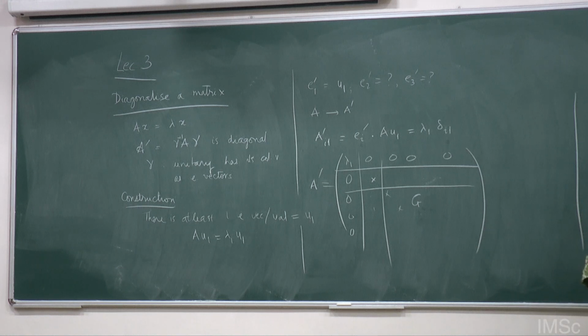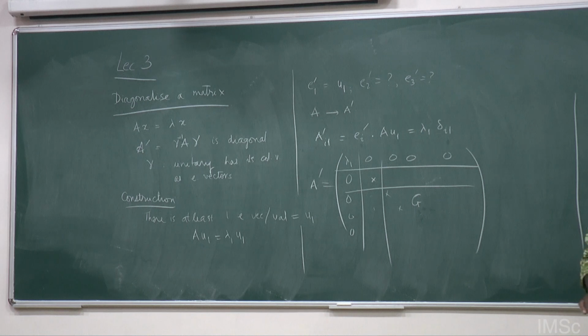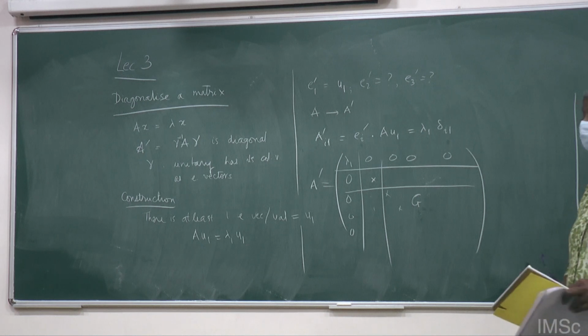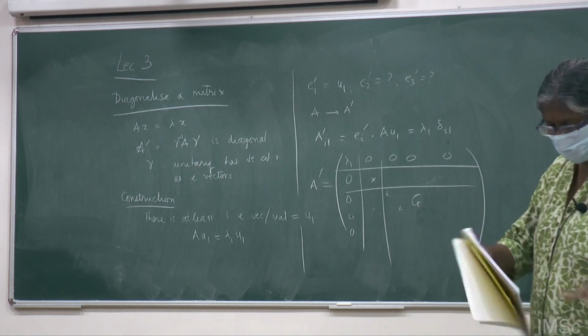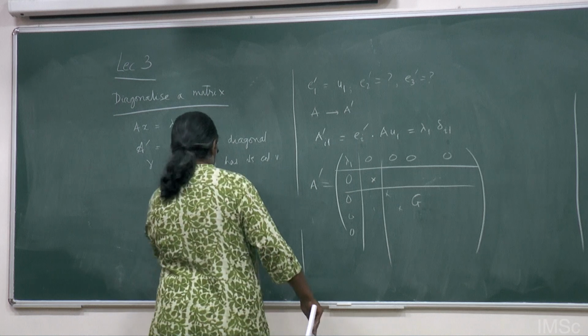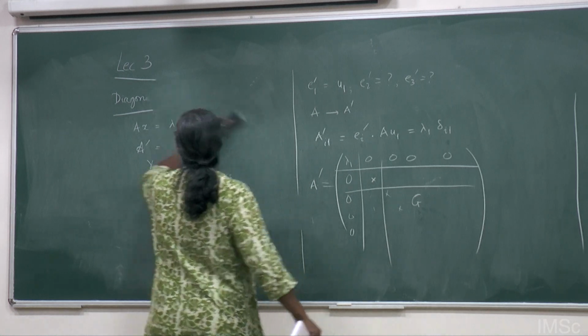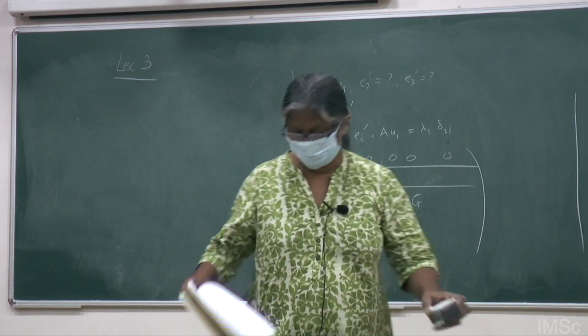But there is a little bit of a technicality. If some of the eigenvalues are repeated, then you may not be able to get it completely into diagonal form. It may be block diagonal form. So I will simply make a few remarks about it. Then we will do the actual one example. One three-dimensional stupid example is there, and we will actually work it through before the class ends.